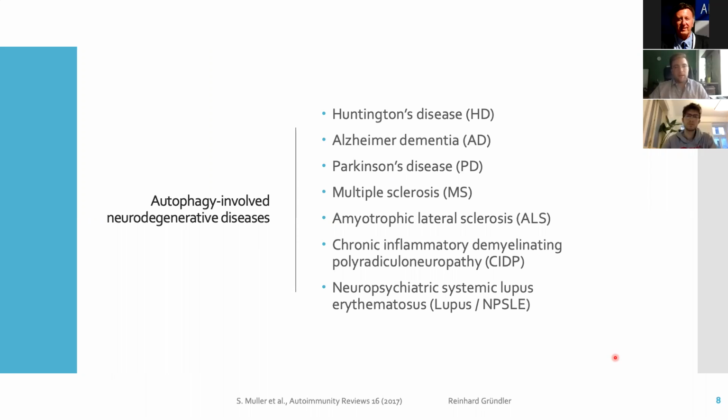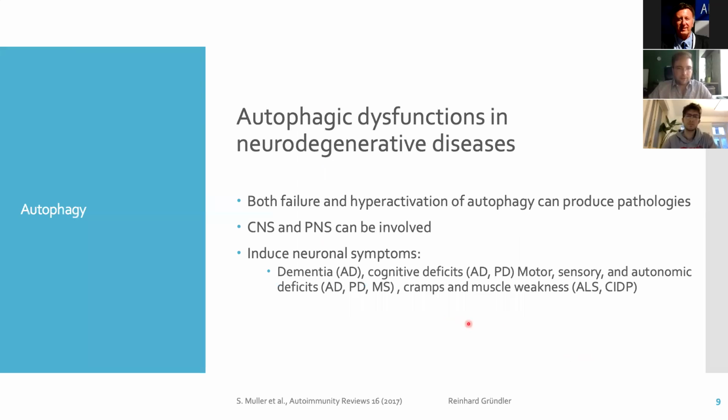I've now specialized on the diseases that are treated in the paper that Dr. Haselberger sent me. So I will go into detail with these diseases. And in this paper, especially NPSLE was treated, which is usually called lupus. And you can see that the autophagic dysfunctions in neurodegenerative diseases both can lead to failure and or hyperactivation of